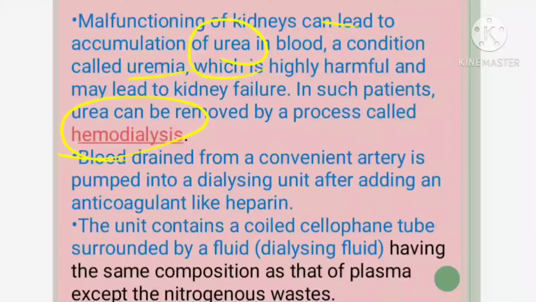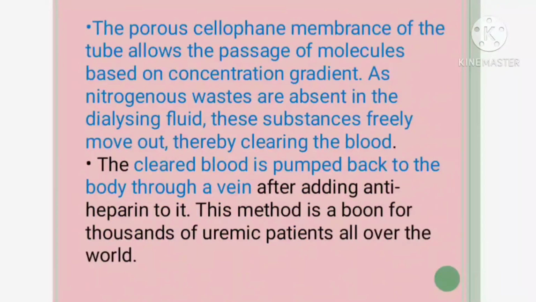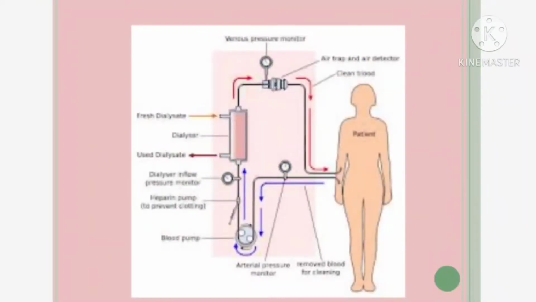Okay. So, the blood is drained from the artery and pumped to the dialysis unit after adding the anticoagulant heparin. Then after the dialyzing fluid has done all the filtration process, it is given back to the patient's body. Okay. So, that is what is taking place in case of dialysis. I will show you, I will explain. Listen. So, this is the patient whose kidney is not working properly. From her artery, what we are doing is taking out the impure blood, isn't it? After taking out the impure blood, the blood is pumped into a dialyzer.